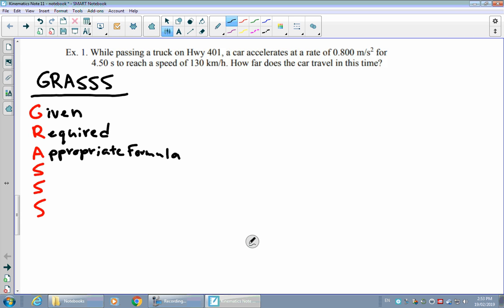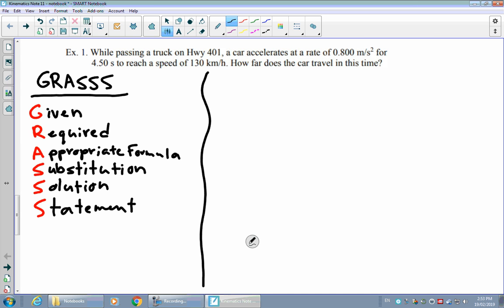Once we find that appropriate formula and we write that down, then we can perform a substitution, meaning we just plug in our numbers in place of that formula. Once we've subbed all those in, we can do the actual solution part, where we maybe use our calculator if we have to crunch all those numbers. And then once we have a final solution, we need to summarize it all with a statement, which is another way of saying our therefore statement, to summarize everything. So just to divide things up, I'll put a little line down there,